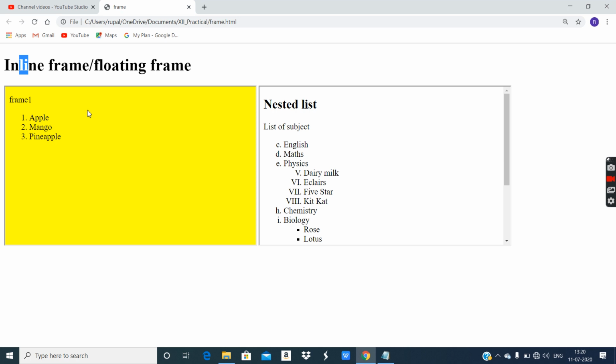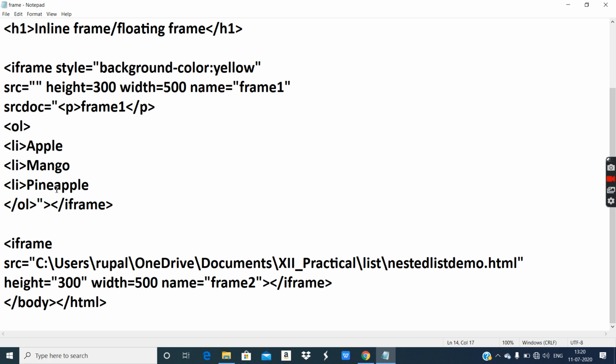And the iframe tag, it is a pair tag. After all the attributes are done, you can just close the opening tag and directly close the closing tag.